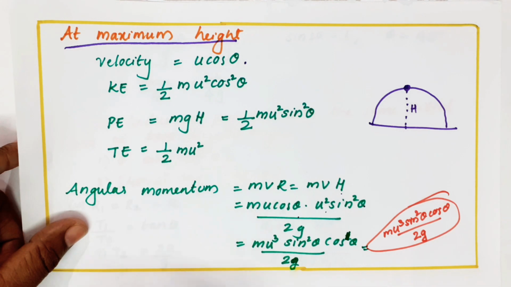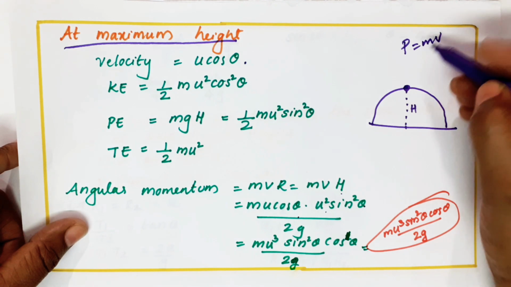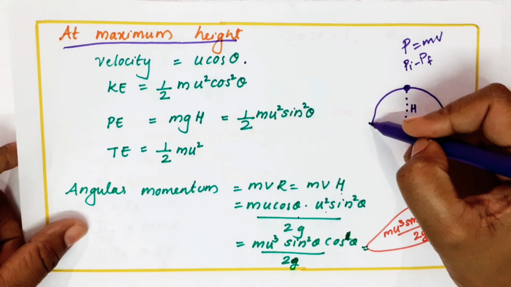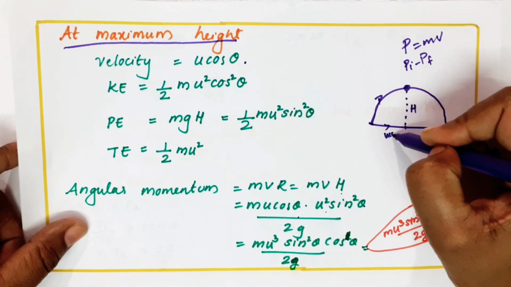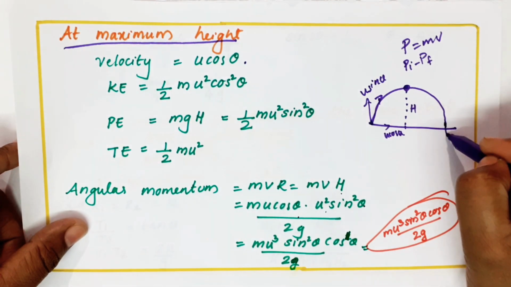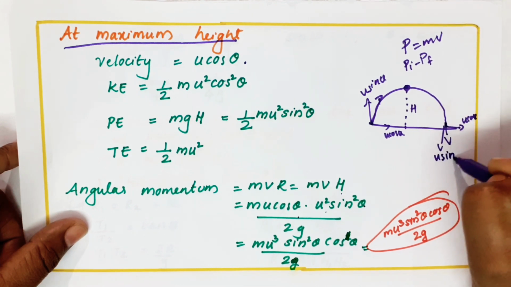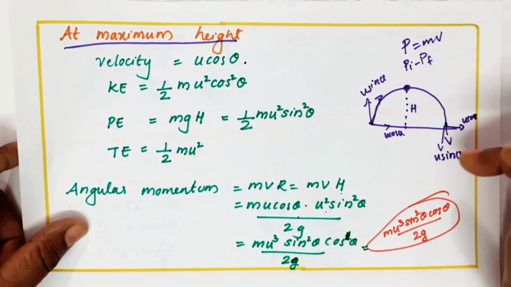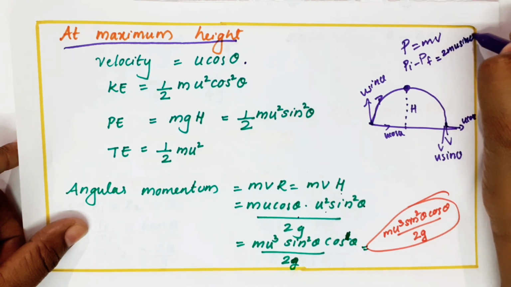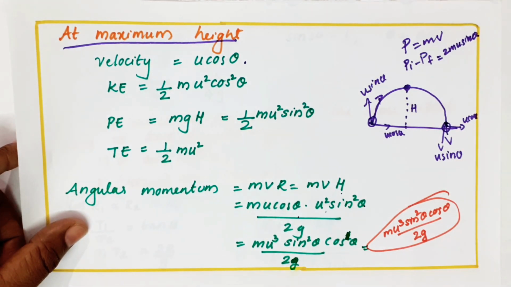They'll ask many questions. Even with momentum also they can ask. What is the momentum equation? Momentum is mass into velocity. Sometimes they will ask what is the change in momentum from initial to final. So you have to take the velocity here. Here it is u cos theta, here it is u sin theta. When you take the body velocity at this point, it will be u cos theta and this will be u sin theta. So if you take the change in momentum, u cos theta cancels, u sin theta will be remaining. So it is nothing but 2 mu sin theta, the change in momentum between initial point and final point. Those types of questions they can ask.